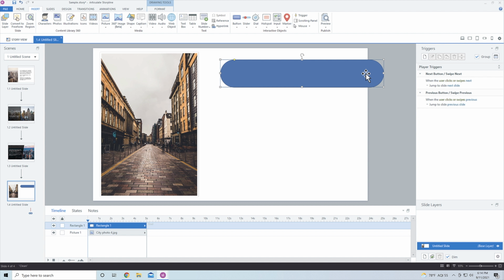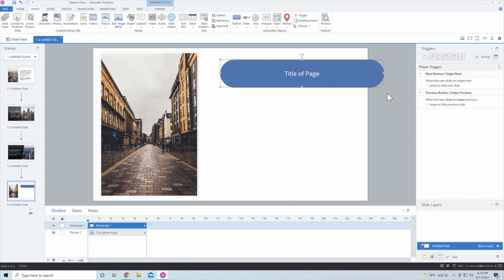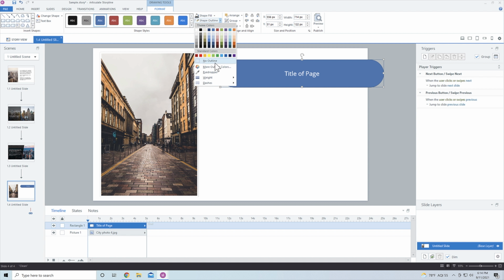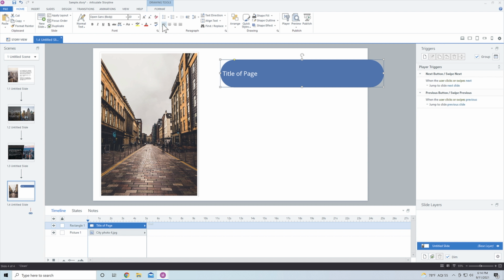All right, title of page. Let's give it a title of page. This is going to be like the title section here. And let's center this. First of all, get rid of the outline. I forgot to get rid of the outline, so let's get rid of the outline here. And let's actually align the text itself. Coming back into the home page, let's make sure that the text is aligned to the left.